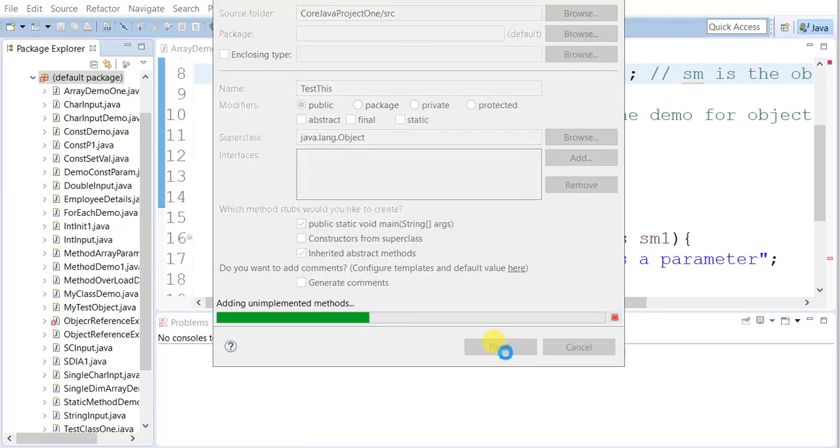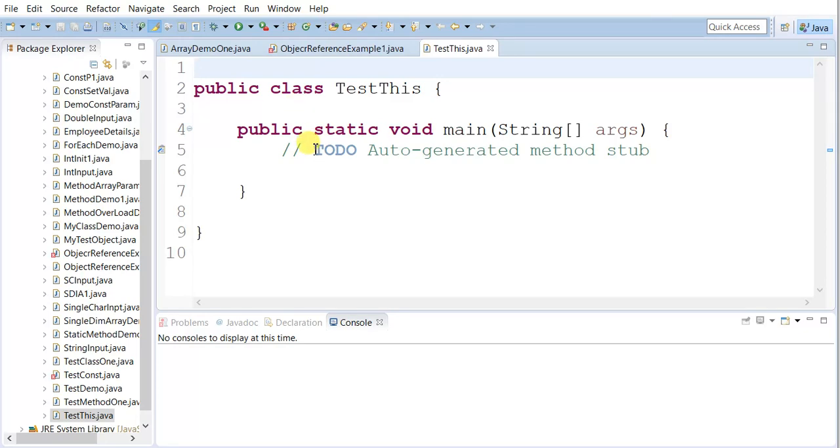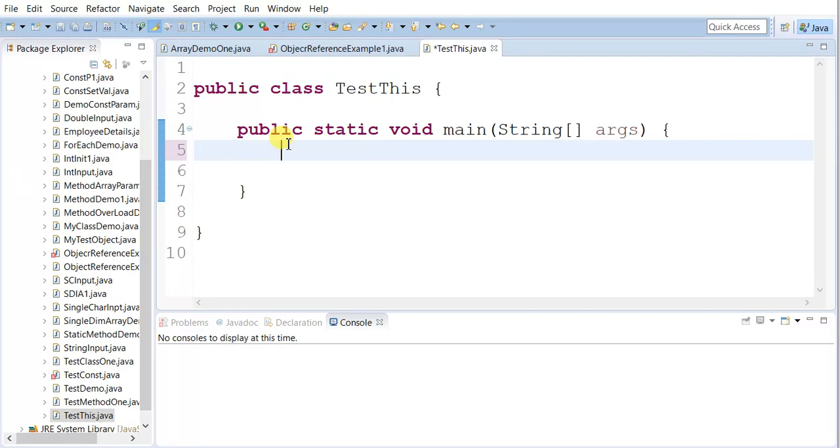Okay, so now let me just delete this. Fine, let us save it.